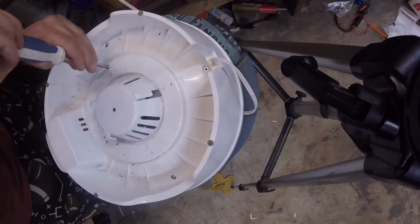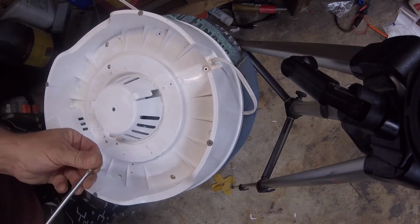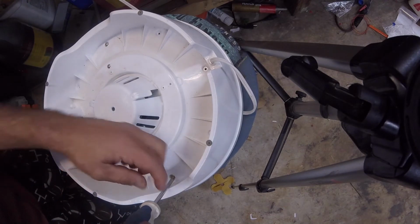Stand by. This you don't have to take apart. I took these screws apart. I wasn't sure how this thing came apart. So